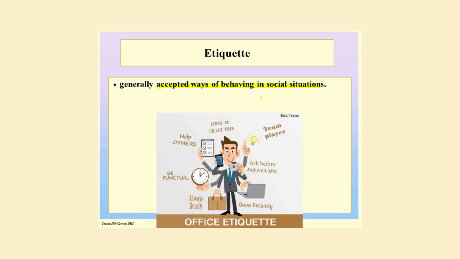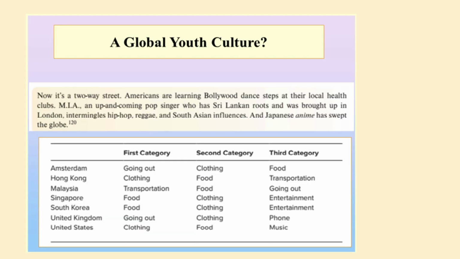When you're talking about etiquette, there may be some polite ways to talk in some cultures. Some cultures do not say no directly. They indirectly say that it may be very difficult for us, or we will think about it and try to understand your request. Whereas in some cultures they are very direct and just say no or yes when replying to you. So these etiquettes differ from one culture to another.